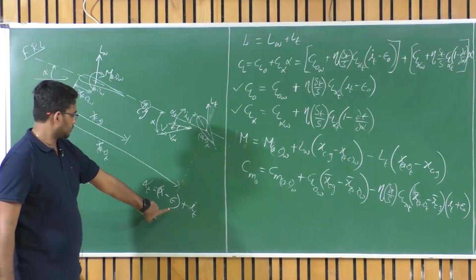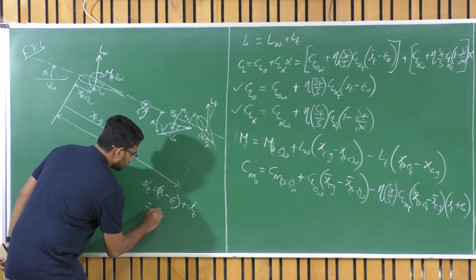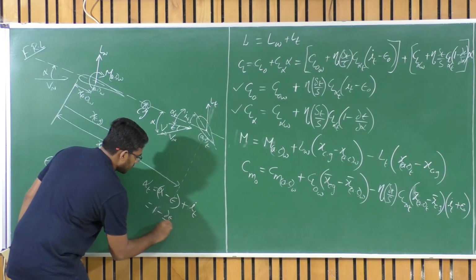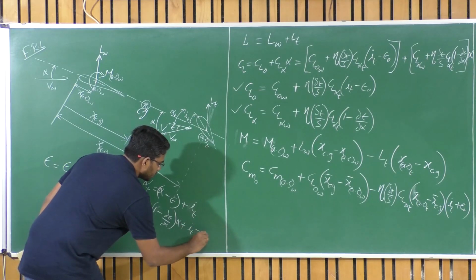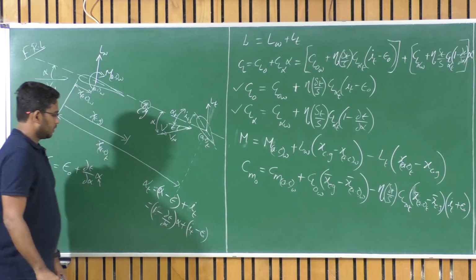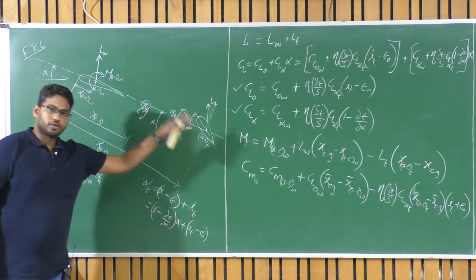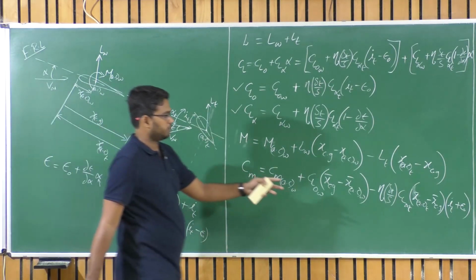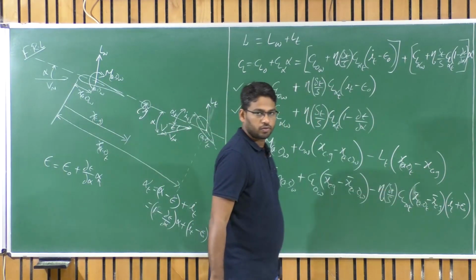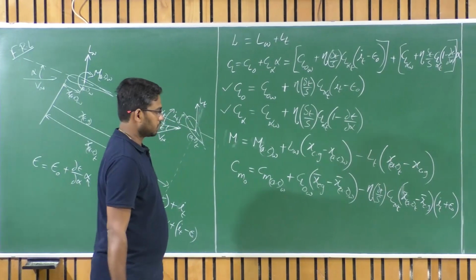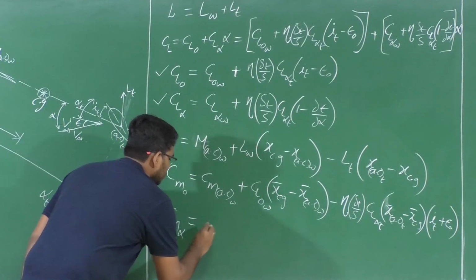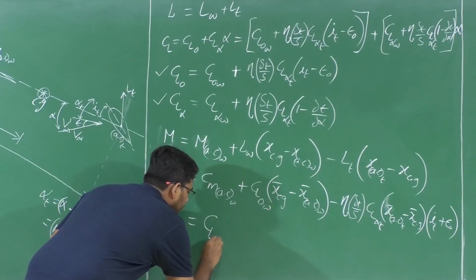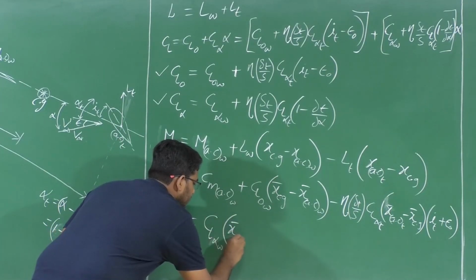Okay. So you can express this way, right? Isn't it? 1 minus dou epsilon by dou alpha times alpha plus I of t minus epsilon naught. So this particular term contributes towards negative moment. So I am taking minus common out. So what I have is this. Okay. And Cm alpha of the total UAV is CL alpha of wing times x bar CG minus x bar